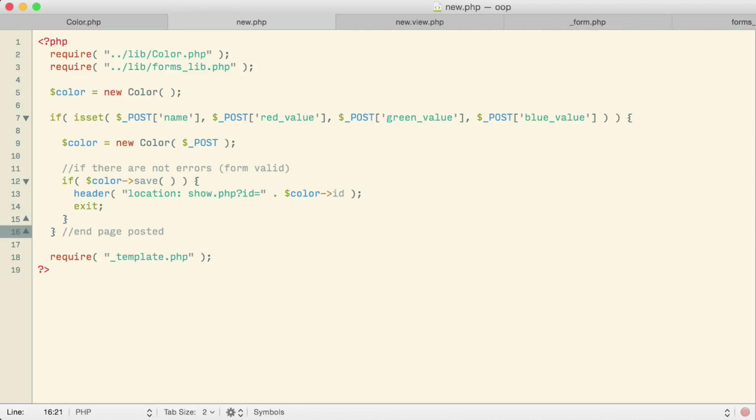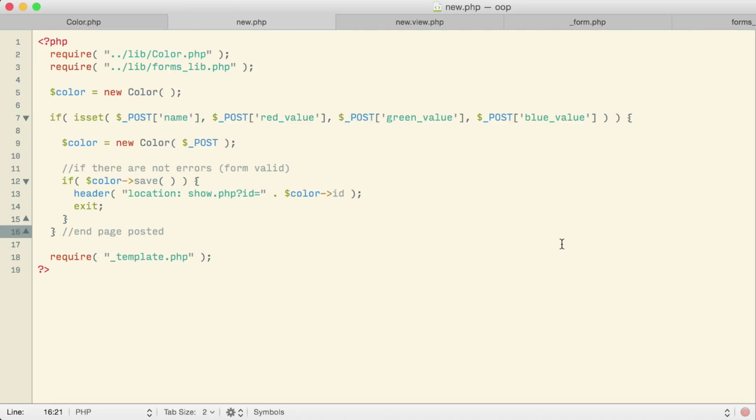And our overall goal, you'll remember, was to isolate having everything to do with how the color is saved, how the color is actually stored. You can probably imagine at this point that if we did make some kind of substantial change to how colors are saved, like for example, if I changed so that colors were stored in a database, at this point there is nothing here on the new page that should require any changing at all.